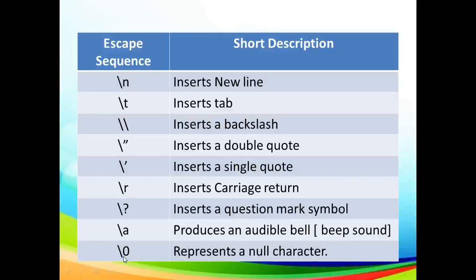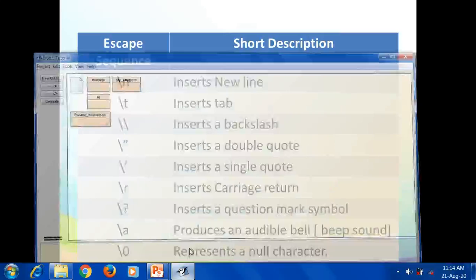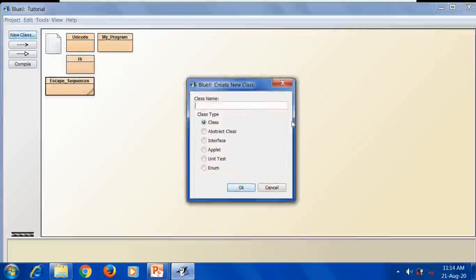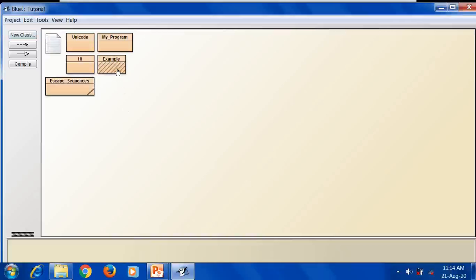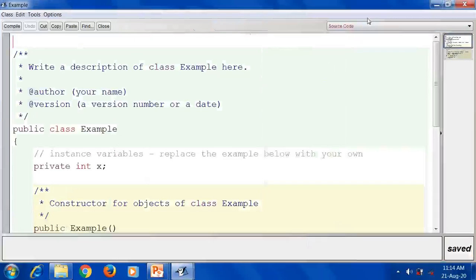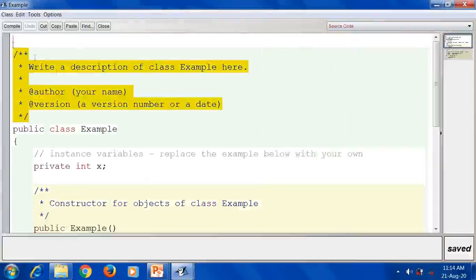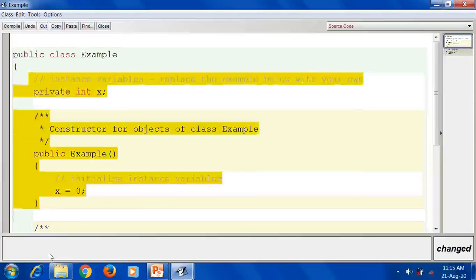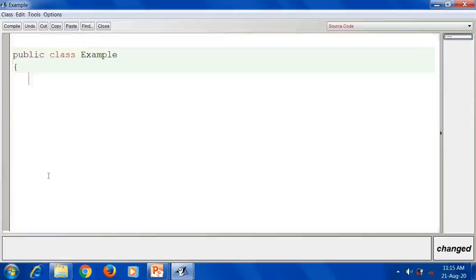Okay, so let us see an example. Let me open BlueJ. I will take one new class. The class name is example. Click on the OK button. Let us open that class, open the editor. I hope this font is visible for you. Let us delete all this default code. Now here let me write public static void main, then String args.